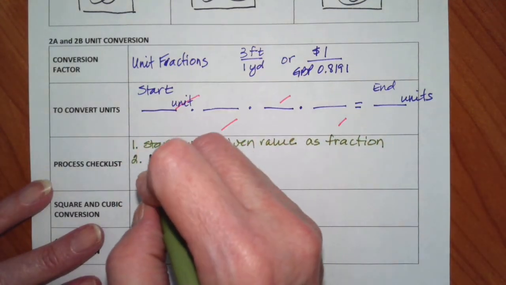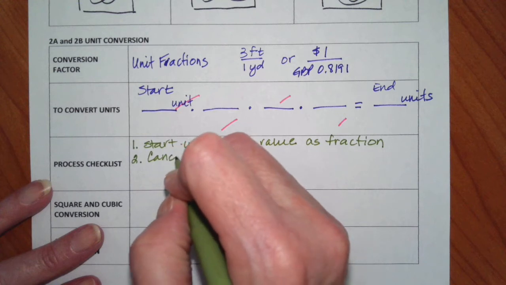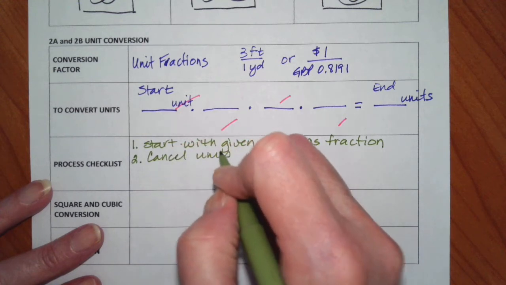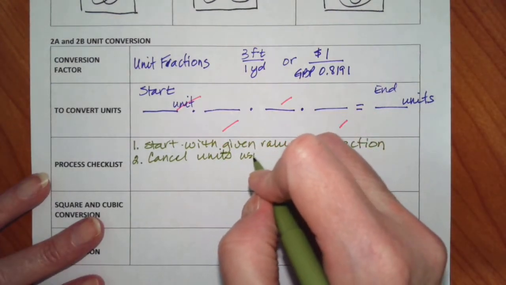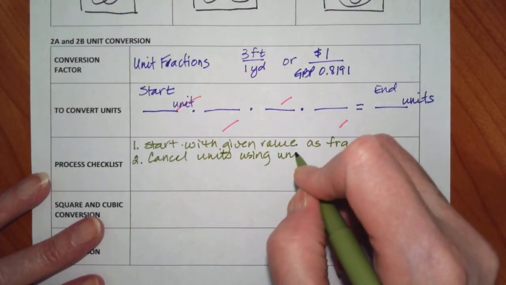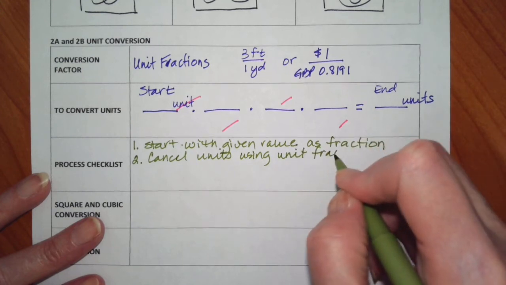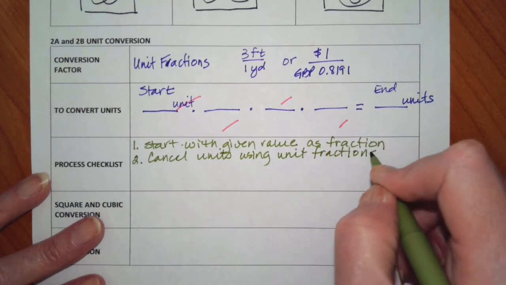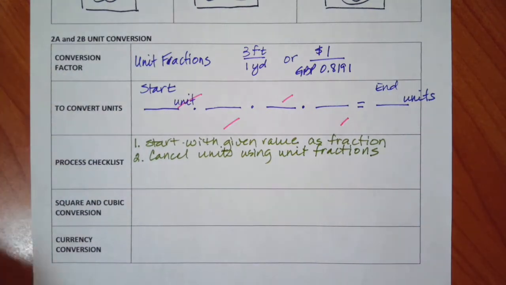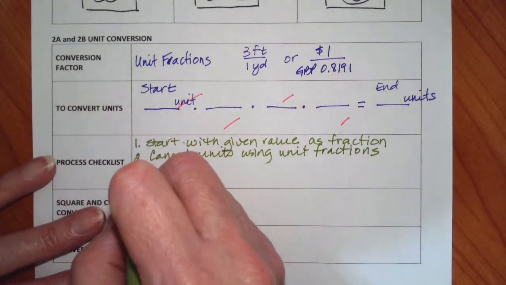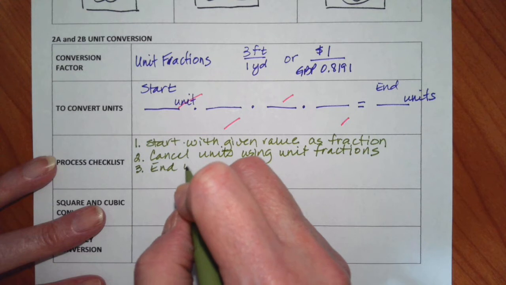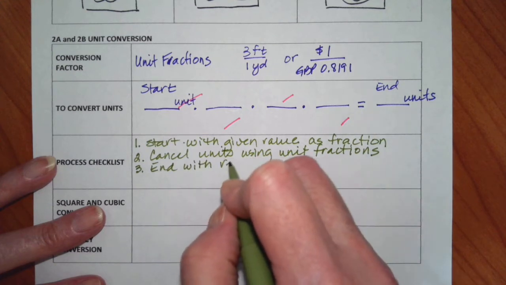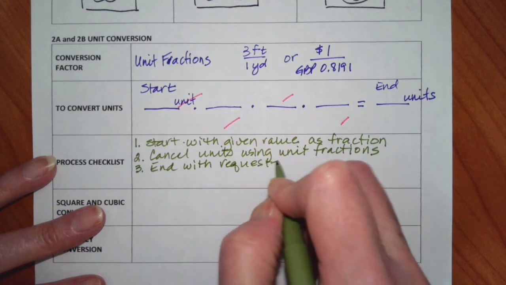Then you are going to start canceling units, and of course all your conversions will be given to you using the unit fractions. You can multiply by 1 in any form. Just make sure that whatever's in the numerator is equivalent to what's in the denominator. Okay. You are going to end with the requested units,